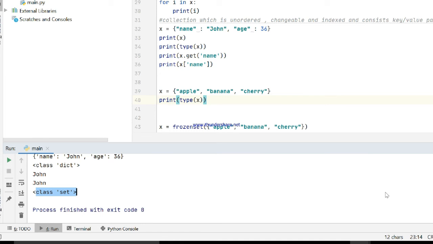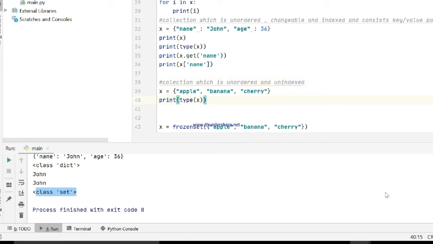Now what is a set? You must be wondering. A set is a collection which is unordered and unindexed.